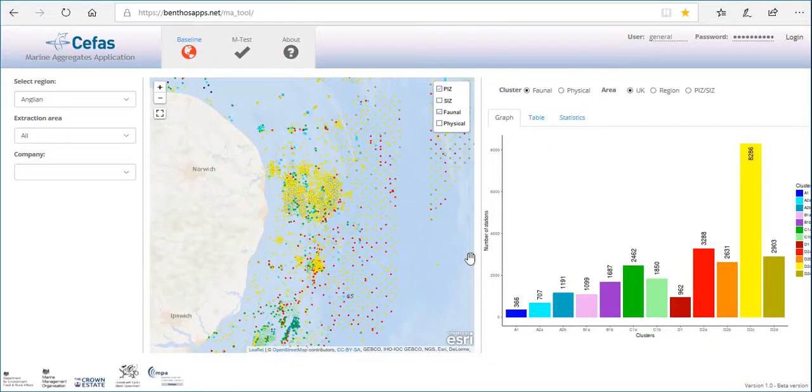In this video we'll look at the Baseline tool. So the Baseline tool is designed to provide a record of the faunal communities that are present within extraction areas and the wider region. And what you can see in the map here is lots of points where grab samples